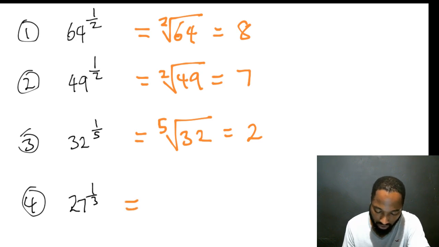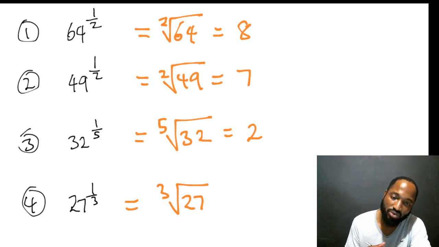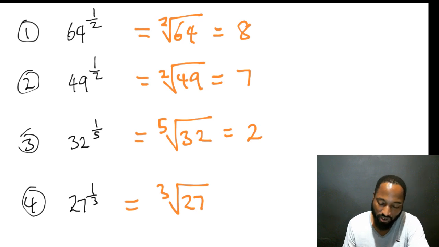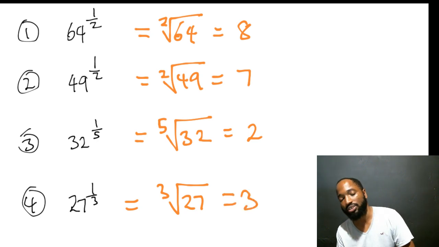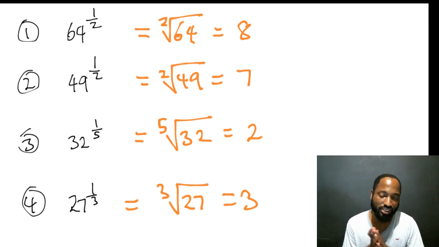And number 4 is going to actually be the cube root of 27. So this one they actually call the fifth root. For 4 they say the fourth root, fifth root, sixth root. But for 3 they say cube root, and with 2 they say square root. Cube root of 27 is 3, because 3 by 3 by 3 is 27. Alright people, say yes in the chat if you understand that totally.